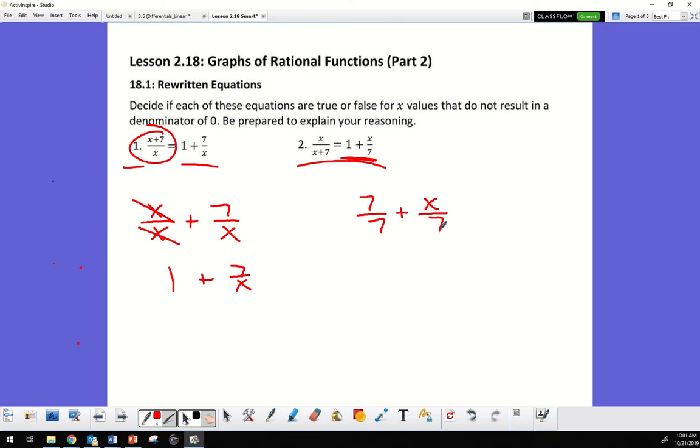So if they're both the same, I could put it over the same denominator. They both have the same denominator of 7. So on top, I could write 7 plus x, right? Or, because 3 plus 5 is the same as saying 5 plus 3, that's the commutative property, I could say that it could be x plus